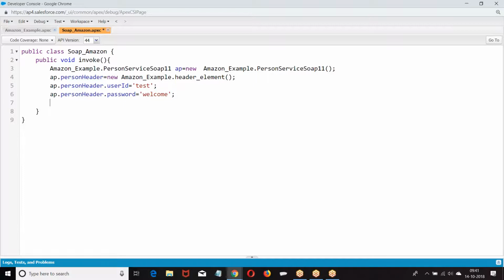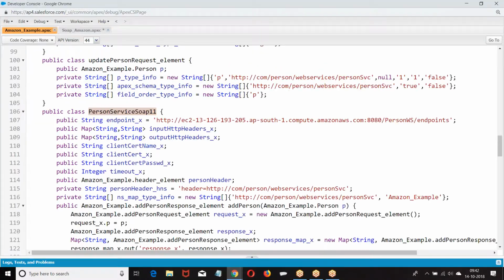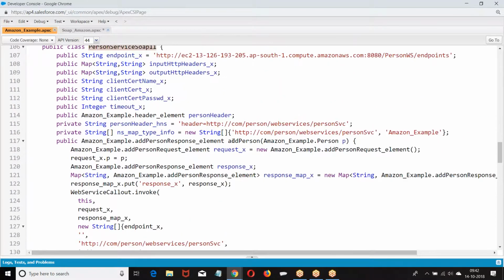Then I was supposed to call the service. What is the service I want to call, boss? At the end of the game, what is our intention? Our intention is to call add person. If you want to add a person, what are they expecting? Amazon example person they're expecting as a parameter.